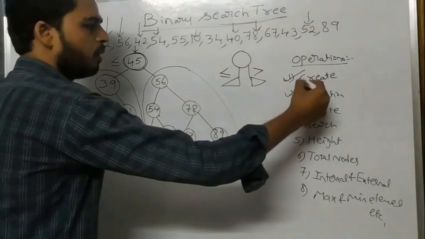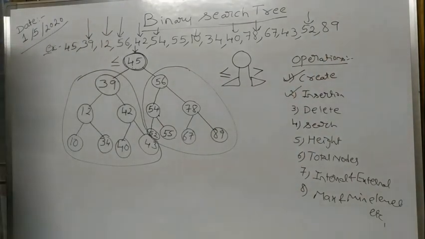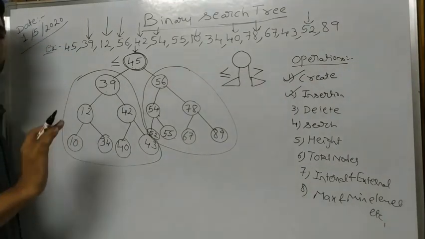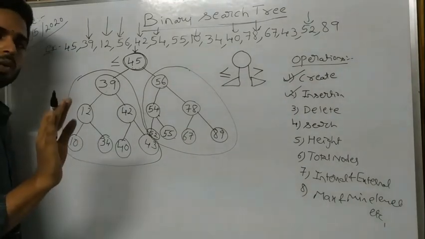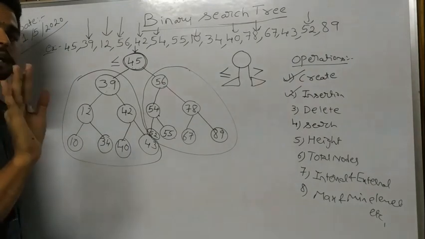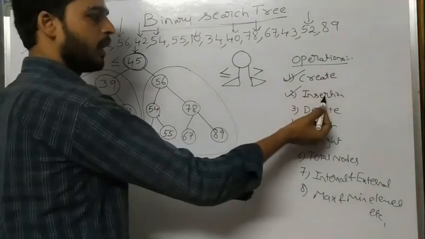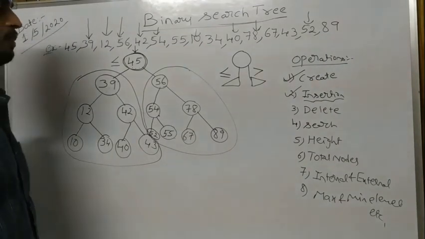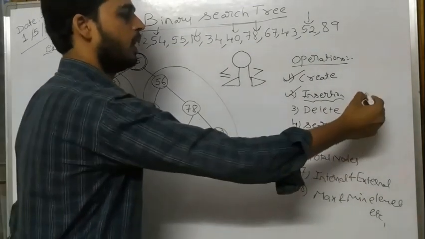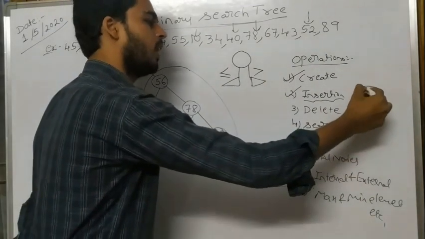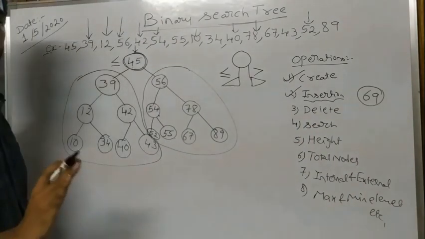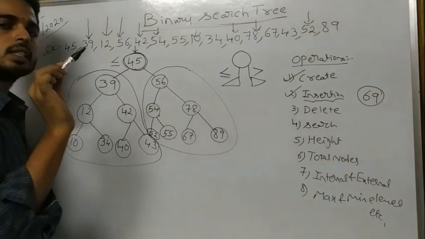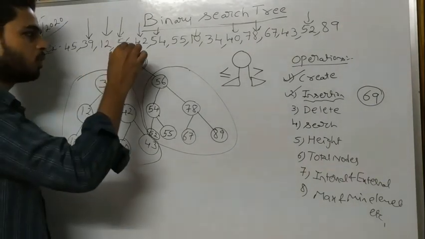Now we will go for performing insertion over a binary search tree. Right? So if you want to insert an element in a binary tree, there is no particular rule. So we will go for directly adding at some particular location. But coming to the concept of a binary search tree, if you want to insert a node with a value, for example, I got the value 69, I want to insert it at some location by following the property. So what I am going to do, I will start scanning from the root node and I will check with the root node.